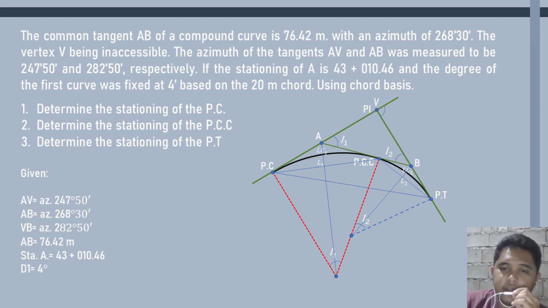The azimuth of the tangents AV and AB was measured to be 247 degrees 50 minutes and 282 degrees 50 minutes respectively. If the stationing of A is 43 plus 10.46 and the degree of the first curve was fixed at 4 degrees based on the 20-meter chord, using chord basis, determine the stationing of PC, stationing of PCC, and